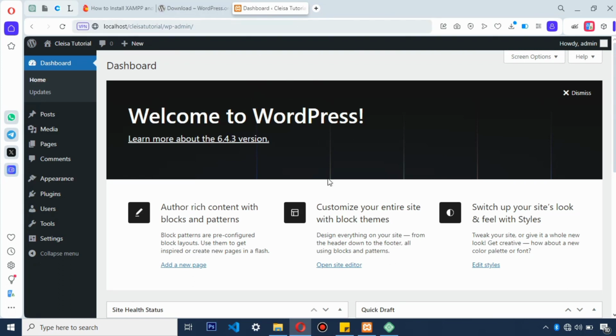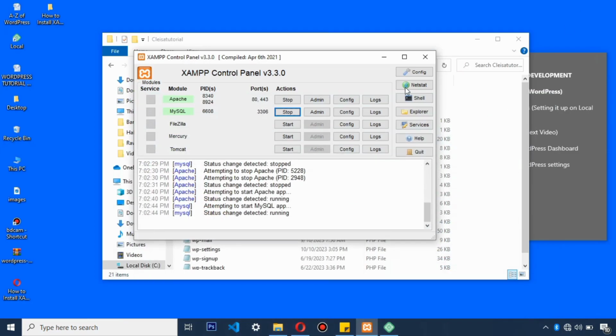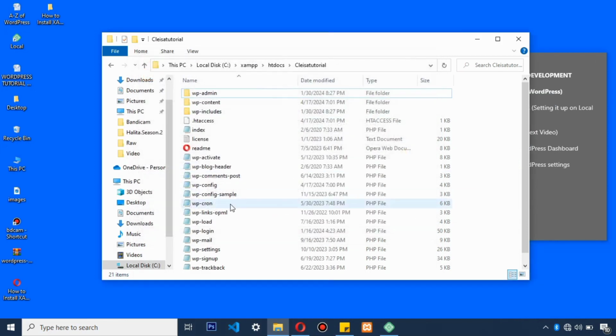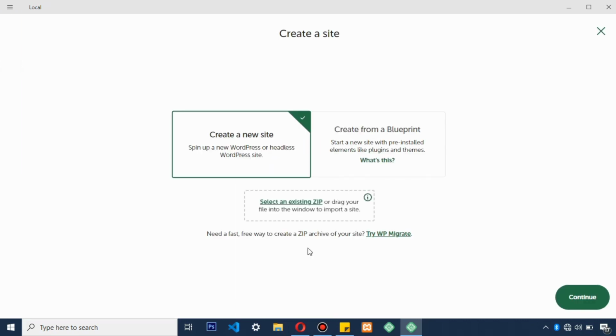So let's go over to LOCALWP. Let's close this. Let's close this. Stop. Can close it now. Okay, so here is LOCALWP. After you must have installed it on your system and then you open this interface, you click on create a new site,